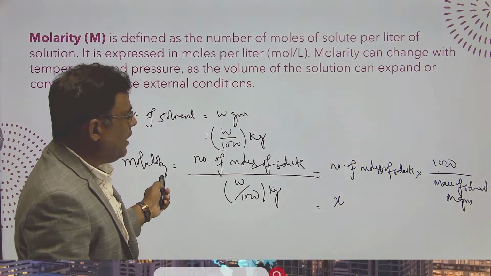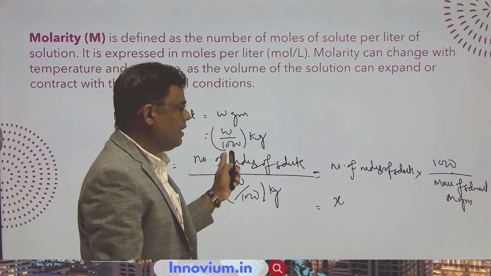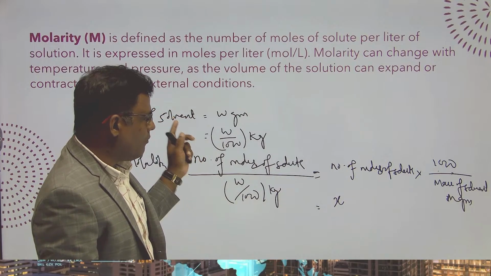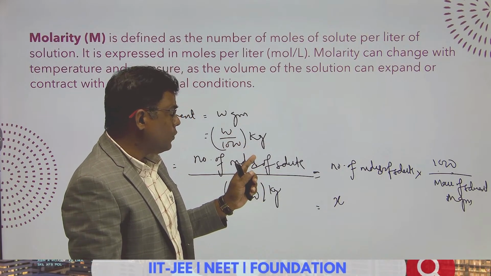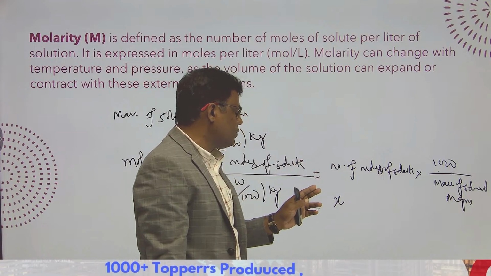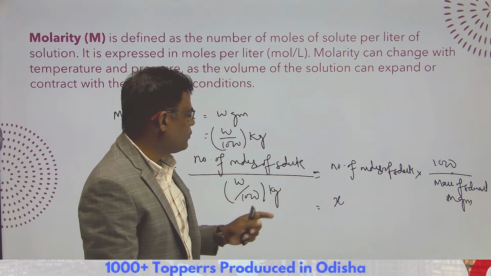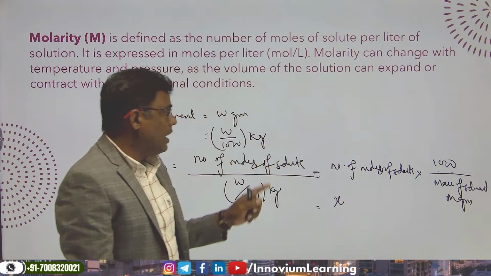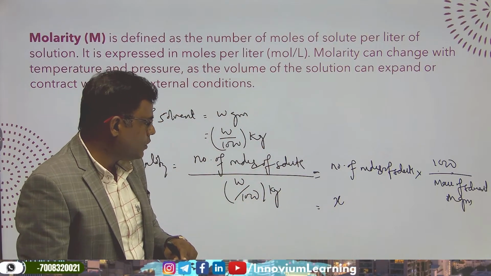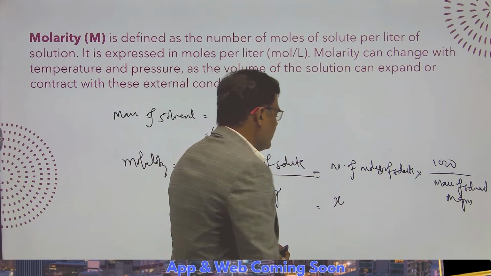Why? Because we have assumed that molarity of solution as x moles per liter. That means x moles of solute is there in 1 liter of solution. So the number of moles of solute in that 1 liter or 1000 ml of solution is x. Correct? Into